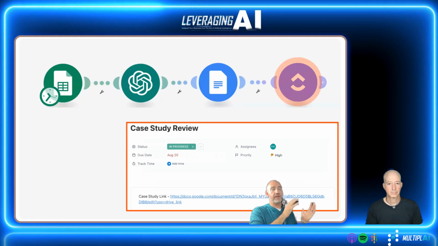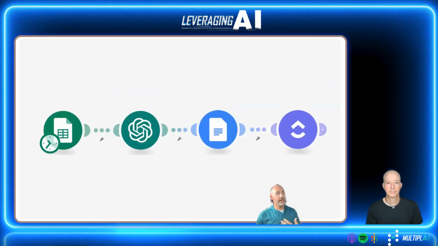So what I'm going to do then is add that to ClickUp, which is my project management tool. I'm going to assign it to my content editor. I'm going to include a link to the case study within that task, give it a due date of in 2 days, and then set the priority as high. And now as soon as that form was completed by the production team, 2 minutes later, my content editor has something to review in a task in ClickUp to make that project actually get done. So I didn't have to draft it, and all my content editor has to do is review and approve and then publish. So this is awesome.